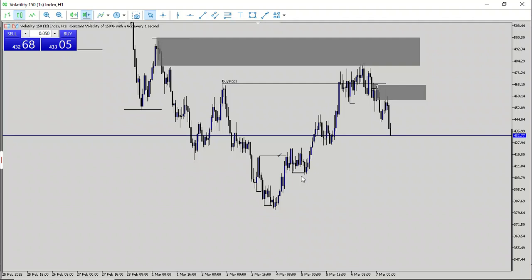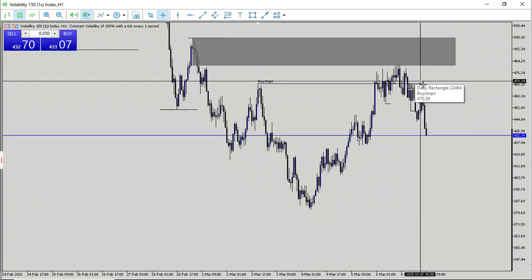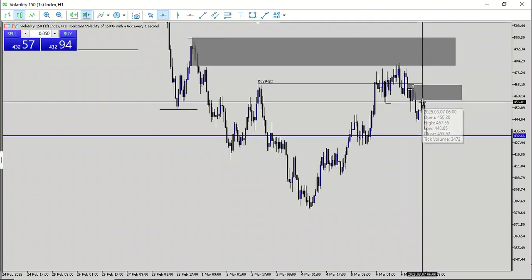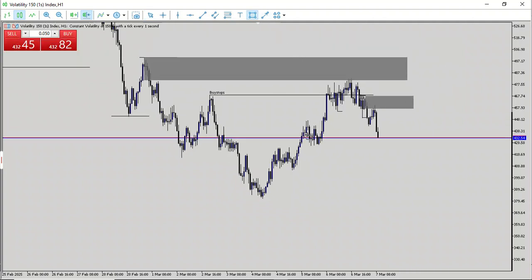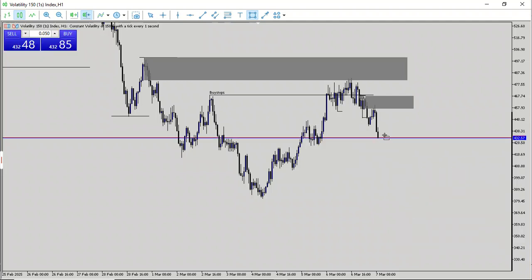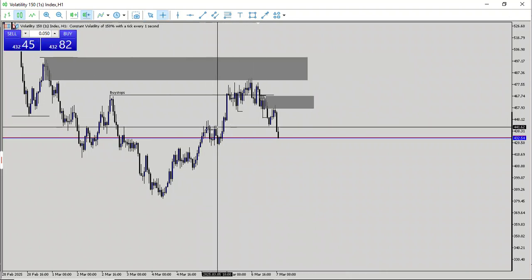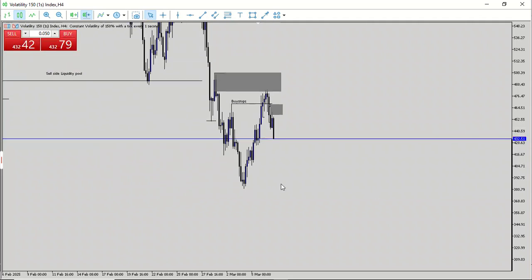applying the proper risk management and ride the market. Also, while moving your stop loss to break even, you can take your stop loss to this high, and that would be where you will be on break even. So this, like I said, is not going to be valid because it did not break any structure. All right, and it's not a valid one. This is not another block. Looking at the 4-hour time frame also.